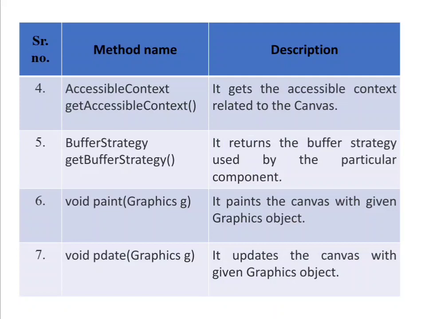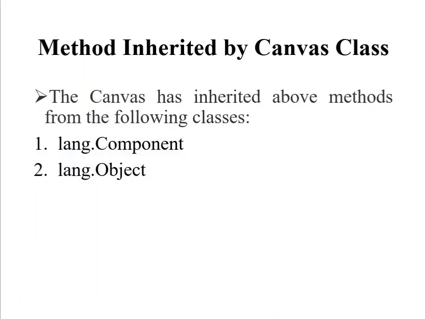Then the Canvas example. Let us consider a Java program to create a canvas and paint the canvas. To create the empty canvas we use Canvas c = new Canvas(). We create the frame first, then add the canvas to the frame, a new MyCanvas. Then we set the layout, size and visibility of the frame: f.setLayout(null), f.setSize(400, 400), f.setVisible(true).